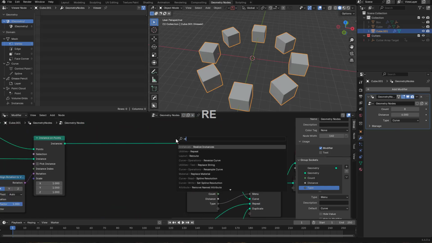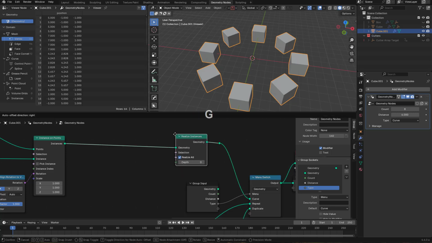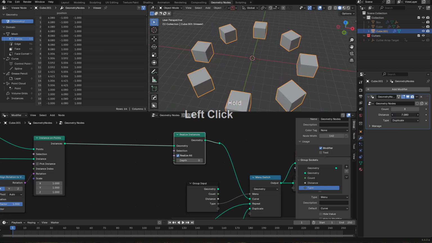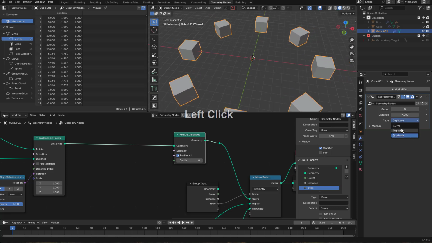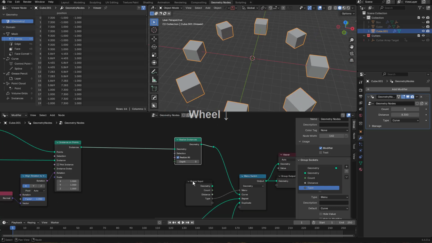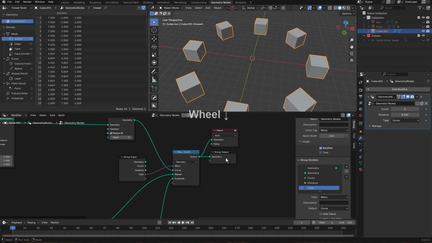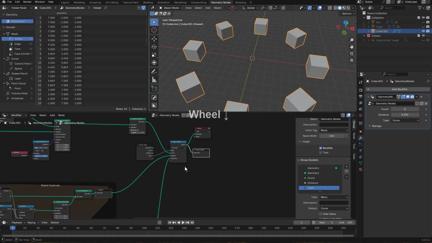So let's put a realize instances in here, just to keep everything the same as we jump between them. We're looking at repeat, curve, and duplicate. We want to make sure that there's no differences in them and they all behave exactly the same, because we just created 3 different radial arrays in 15 minutes, but it's actually 16 minutes, but 15 minutes sounds cooler because